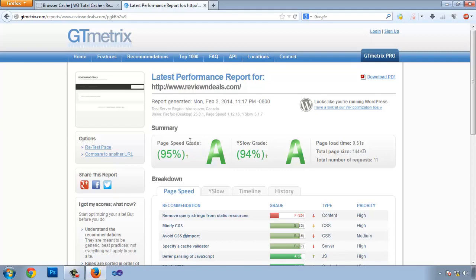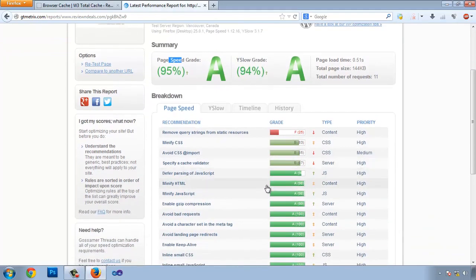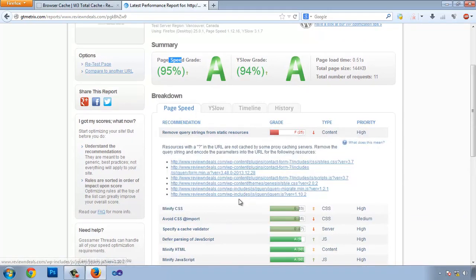Perfect. Now it's A for Yahoo as well as for Google. So we did a good job, and now it is saying that we need to remove the query string from the static resources. A query string is the question mark, as you can see,